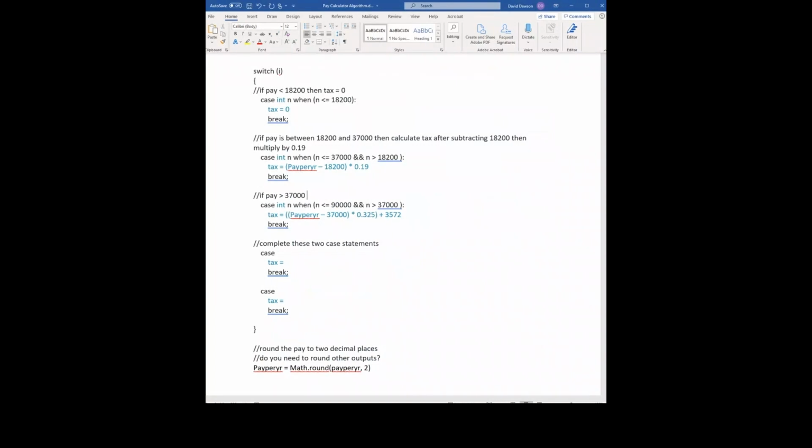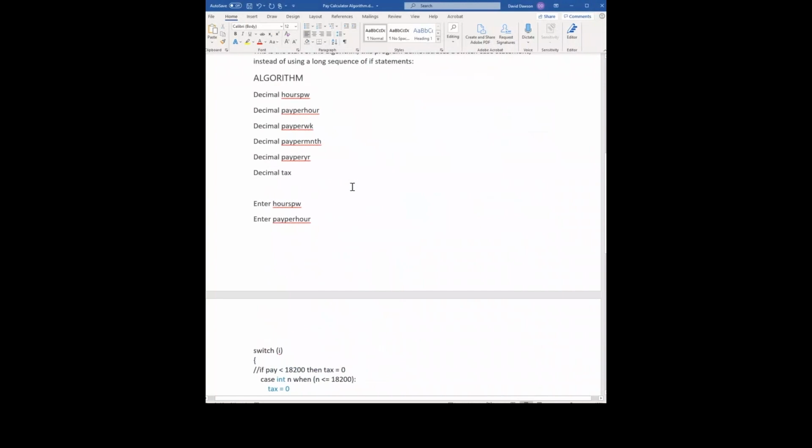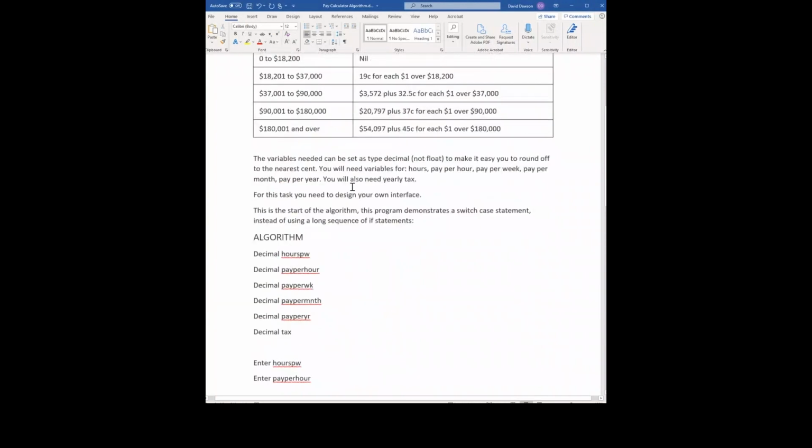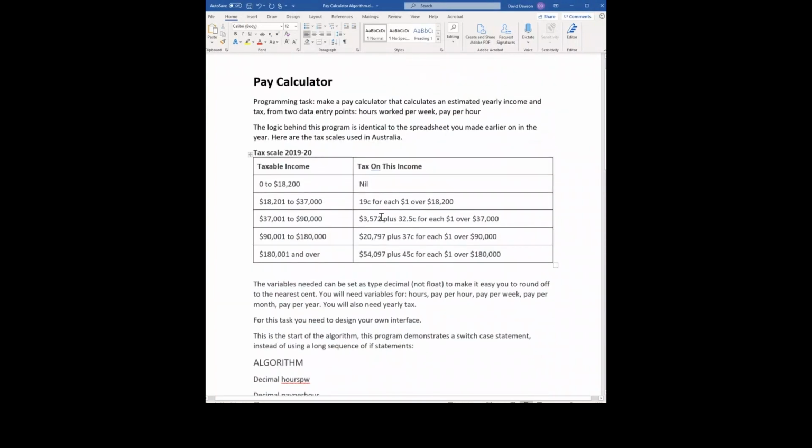If it's over, tax equals $3,572, because it says that up here. What that means is that the tax on 37,000 exactly is 3,572. Now you can work that out by going, okay,